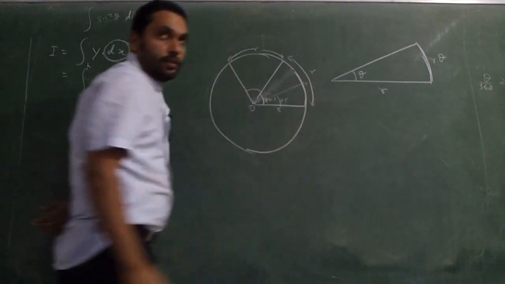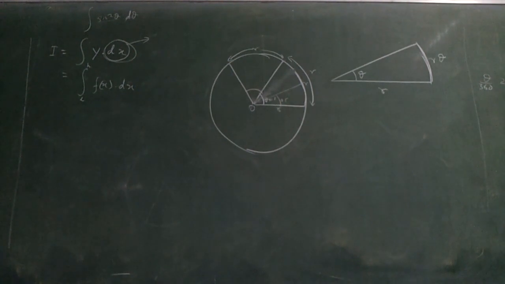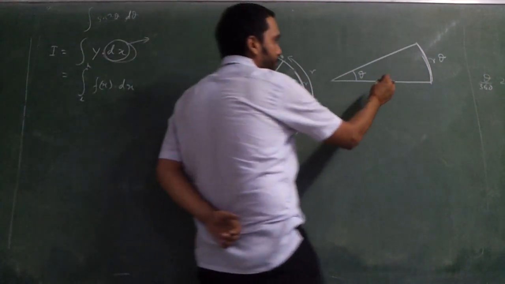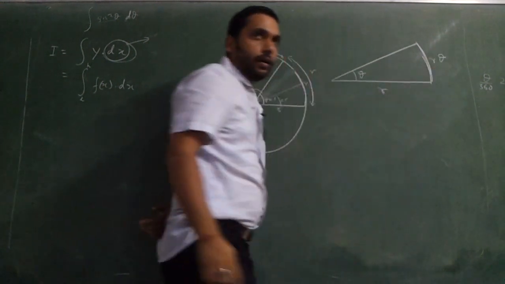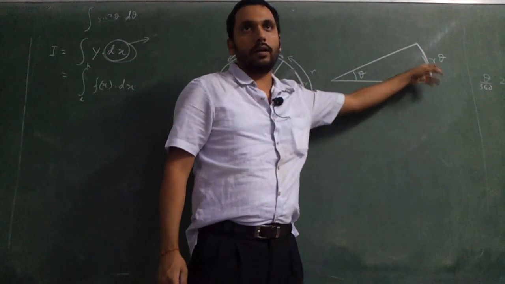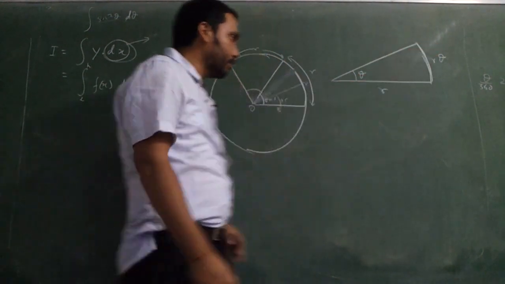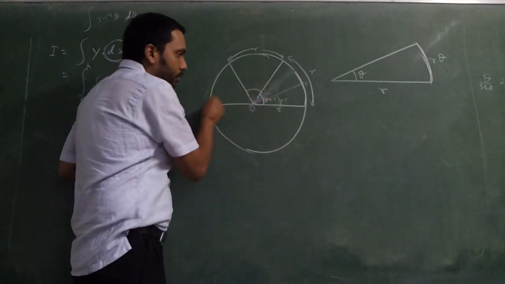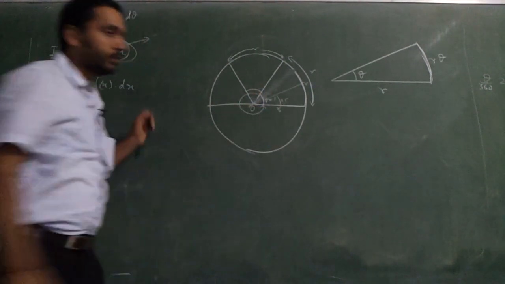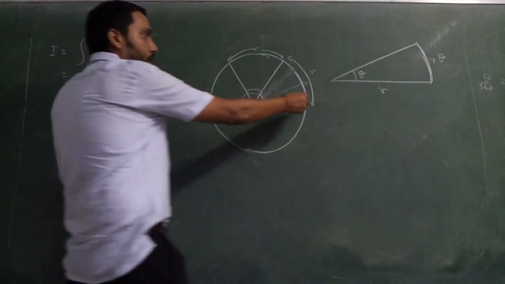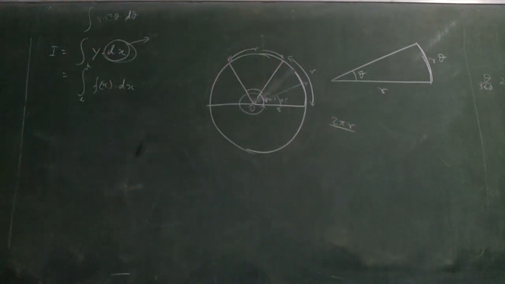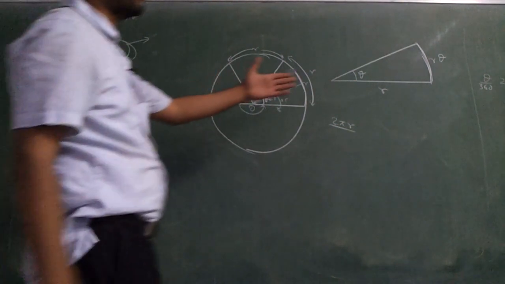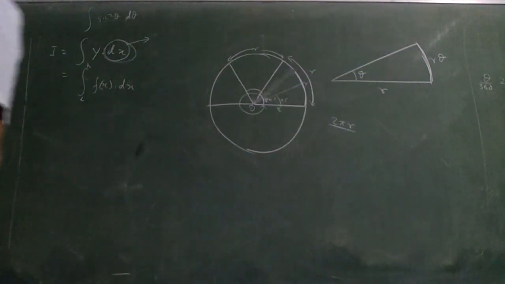0.5r. So the arc length is directly proportional to the radius, or not? Get the point? So you have this formula: the radians into the radius of the arc is your arc length. If it is 1 radian, it is 1r. If it is half a radian, it is half r. Hence the formula: what is the total angle around a point in radians? 2π. So what is the total arc length? 2πr. Okay. So the circumference formula is coming from this only, that the arc length is the angle into the radius. So this is one of the basics we will be using.